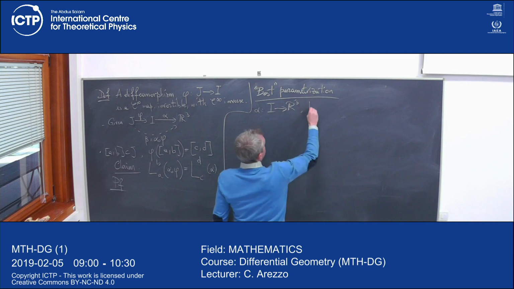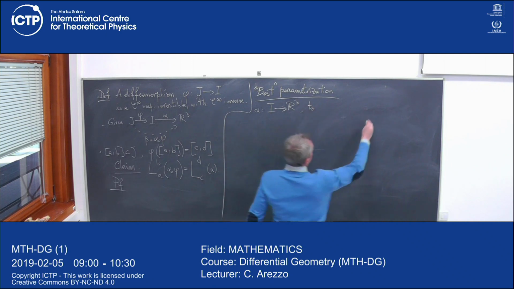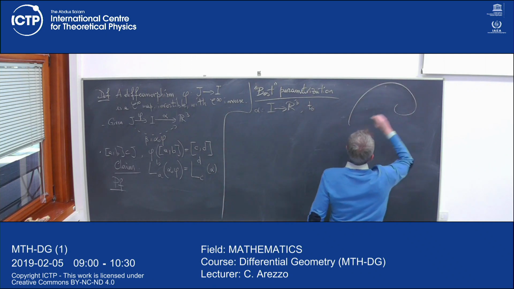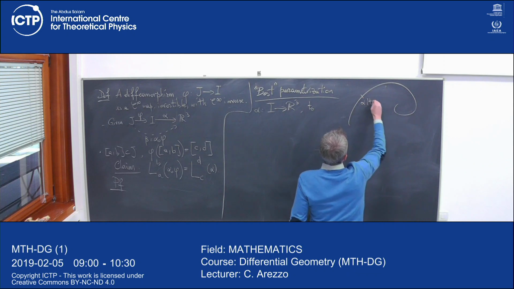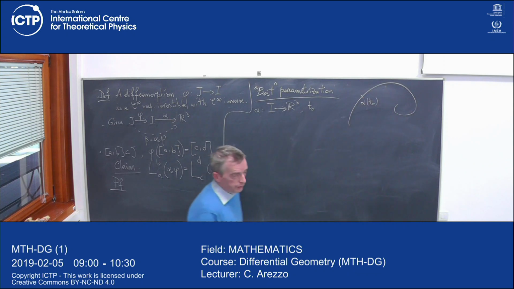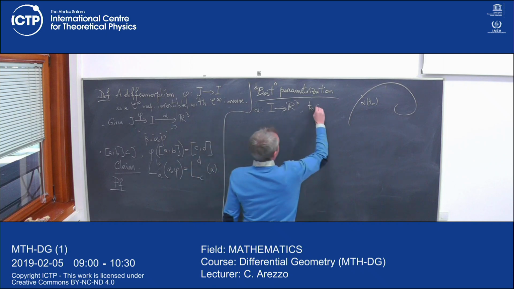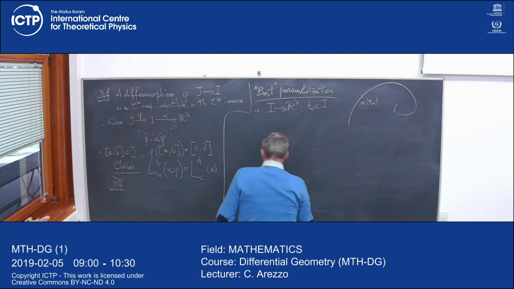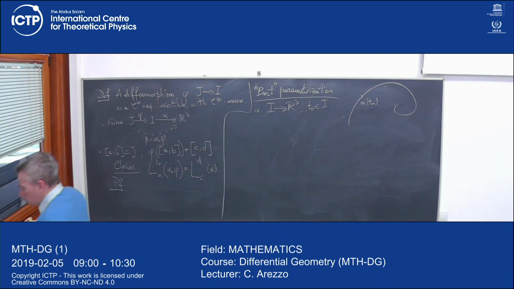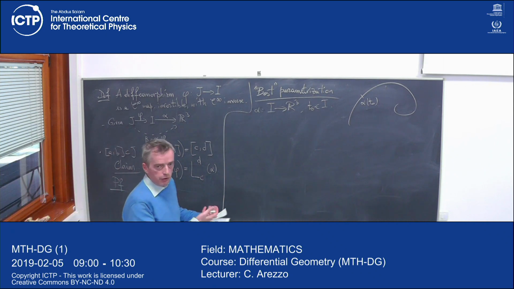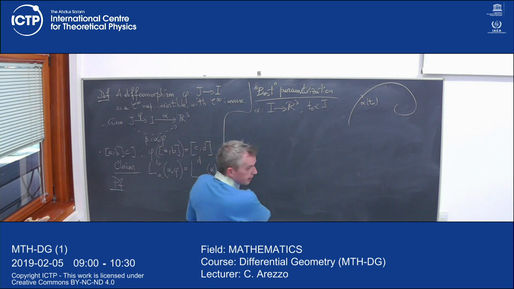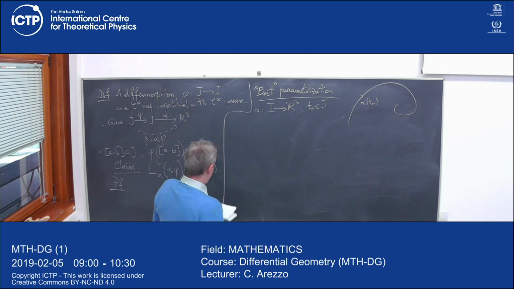And let's fix some base point on this curve. So always think of this picture here, no? And let's say we fix only one point on this curve, T naught. I want to define a canonical diffeomorphism in some sense of the domain, using exactly the notion of length. So I define